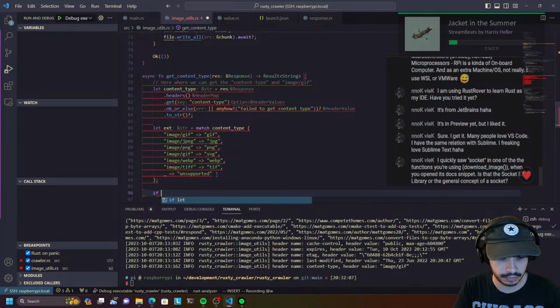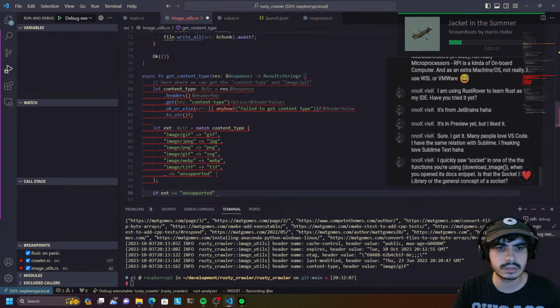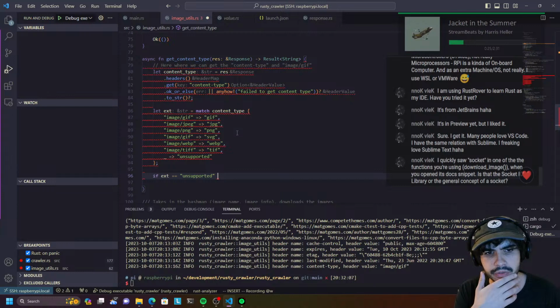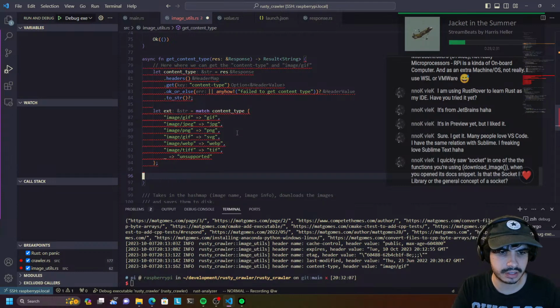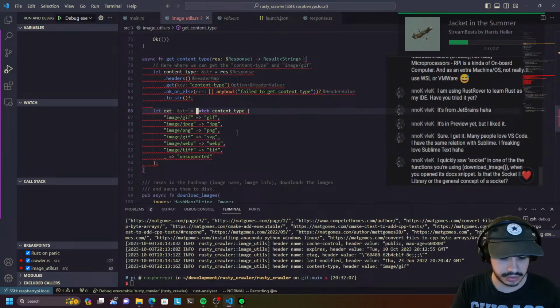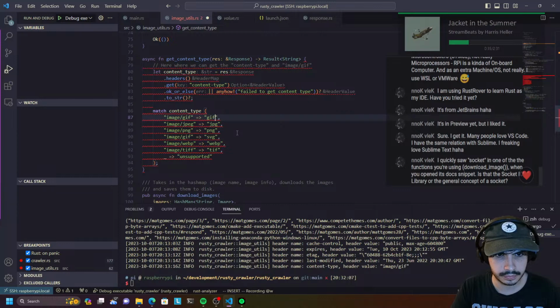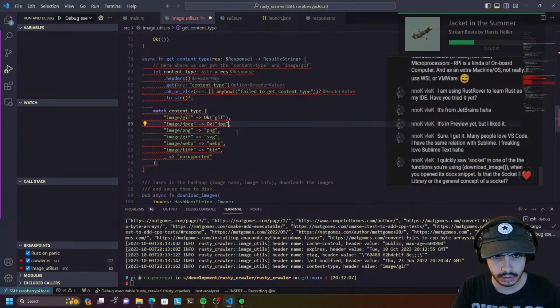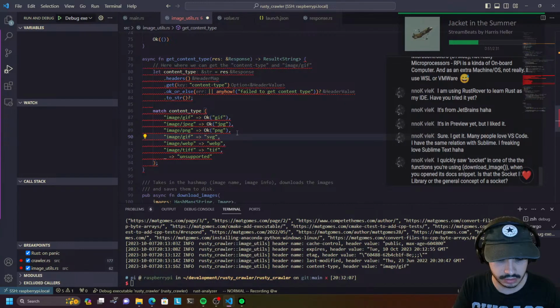So if we do if extension equals unsupported, I wonder if there's a cleaner way of doing this. Yeah, there is a cleaner way of doing this. We just simply return whatever's in the match and wrap everything in OKs. We might have to turn each and every one of these into a